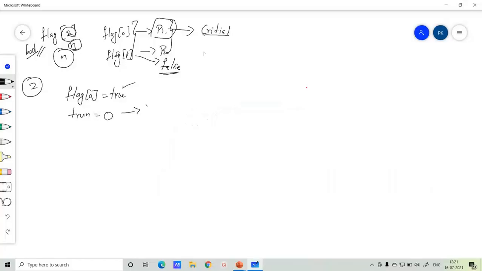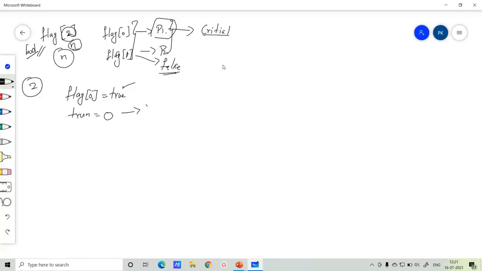So if I want to write the algorithm, it will be something like this. We'll have a do condition, or you can just write it with a while statement.